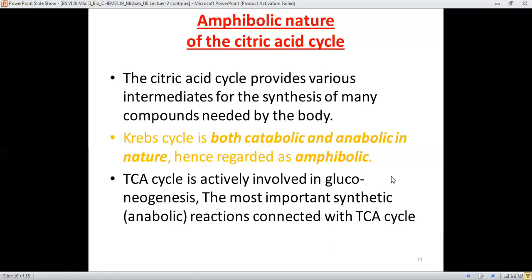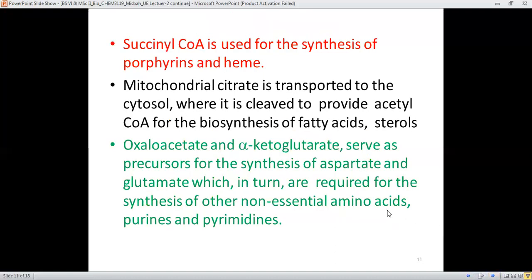And the citric acid cycle provides various intermediates which are useful for the synthesis of other compounds needed by the body. The TCA cycle is actively involved in gluconeogenesis, which is responsible for the production of glucose from non-carbohydrate sources. And this is the most important synthetic, anabolic reaction connected with the TCA cycle. Next, succinyl CoA is used for the synthesis of porphyrin and heme,